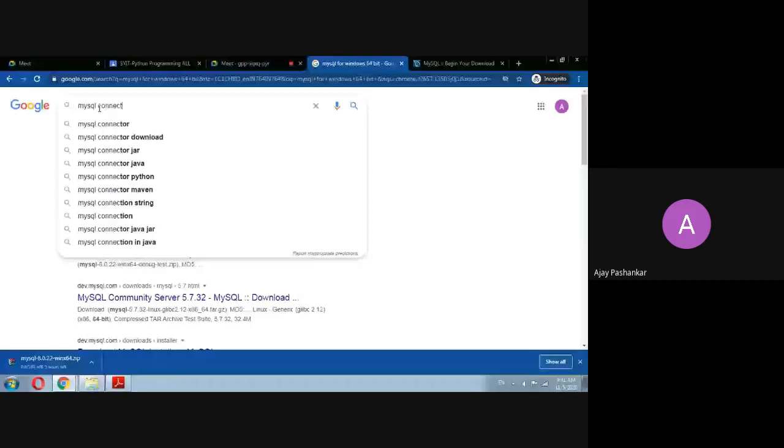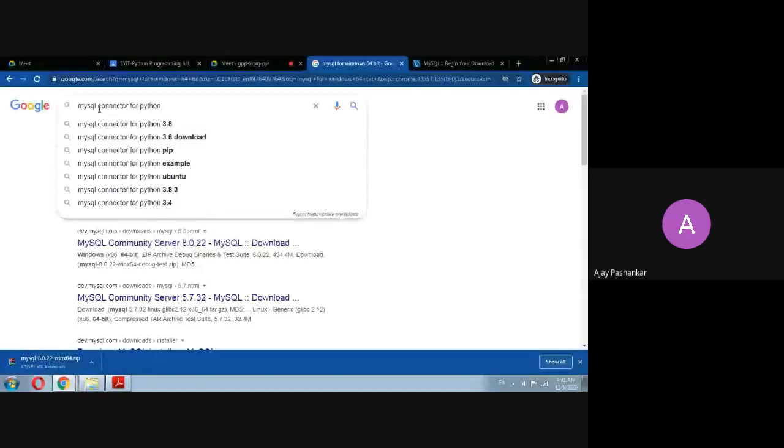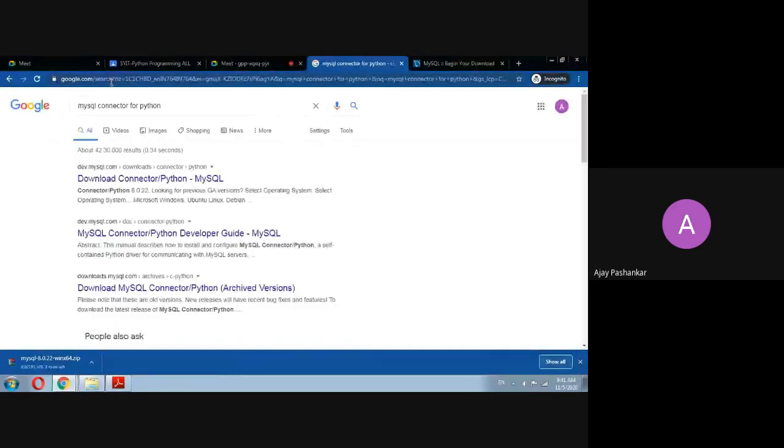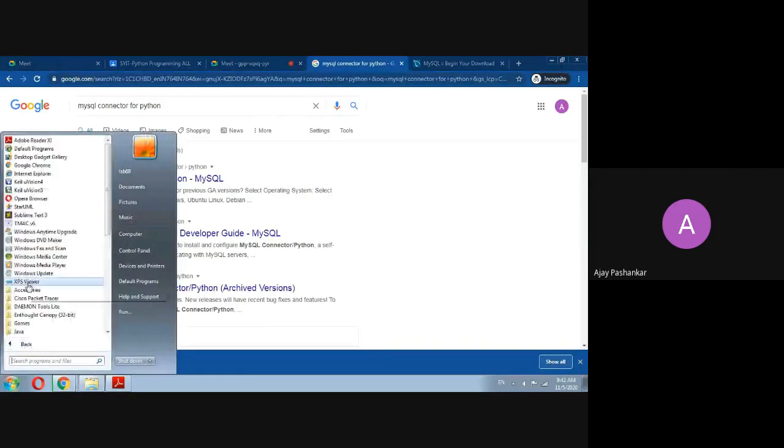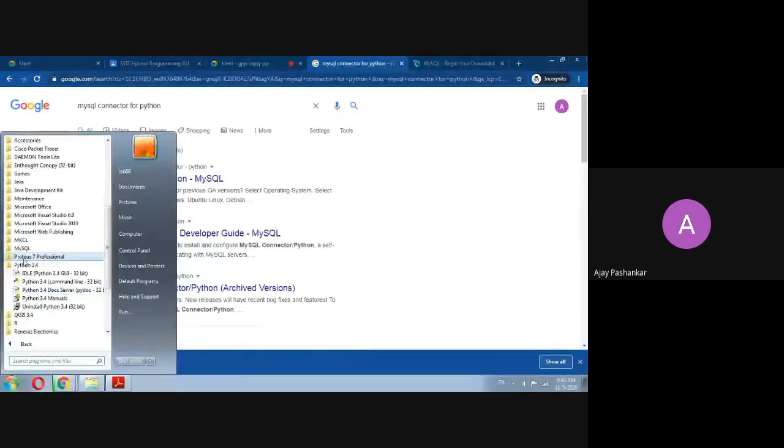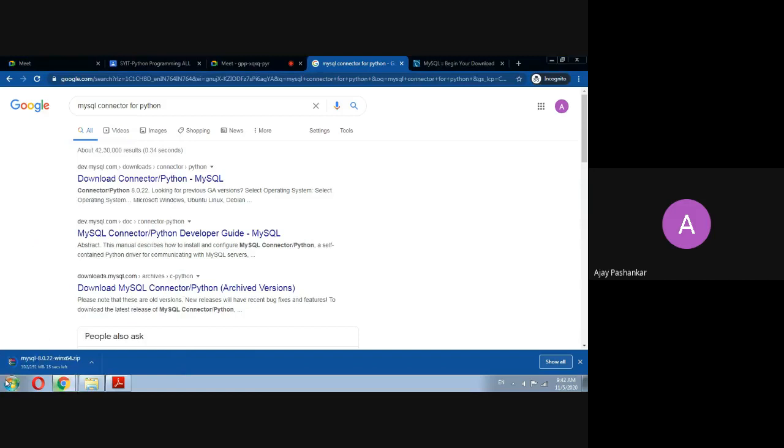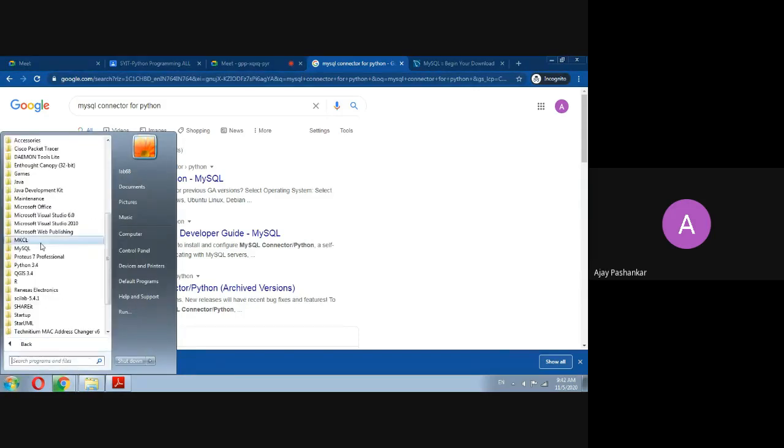Python. But remember, before downloading this MySQL connector for Python, you require Python installed. Just go to All Programs, go to Python 3.4.